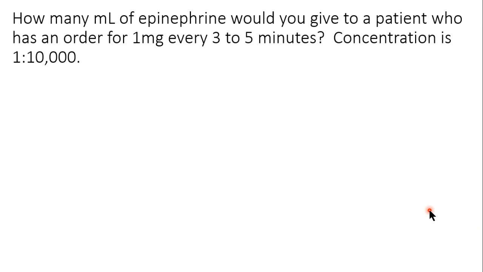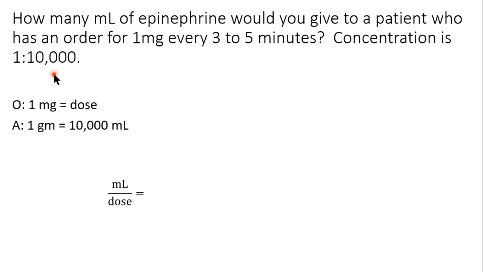How many milliliters of epinephrine would you give to a patient who has an order for 1 milligram every 3 to 5 minutes? The concentration is 1 to 10,000. So our order is 1 milligram per dose, and the available is 1 gram in 10,000 milliliters. Remember, when we have a ratio like this, it means 1 gram in 10,000 milliliters. So we are looking for milliliters. So milliliters per dose equals